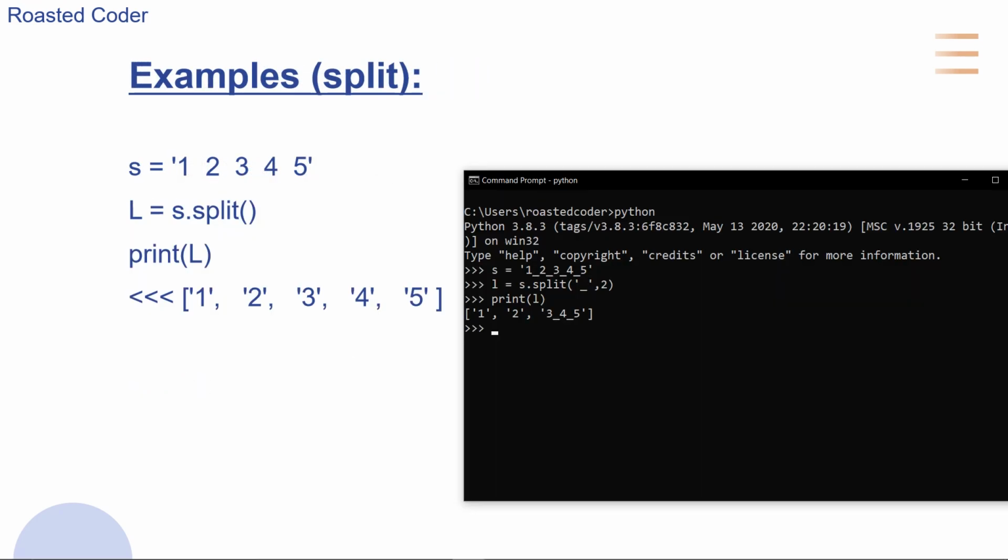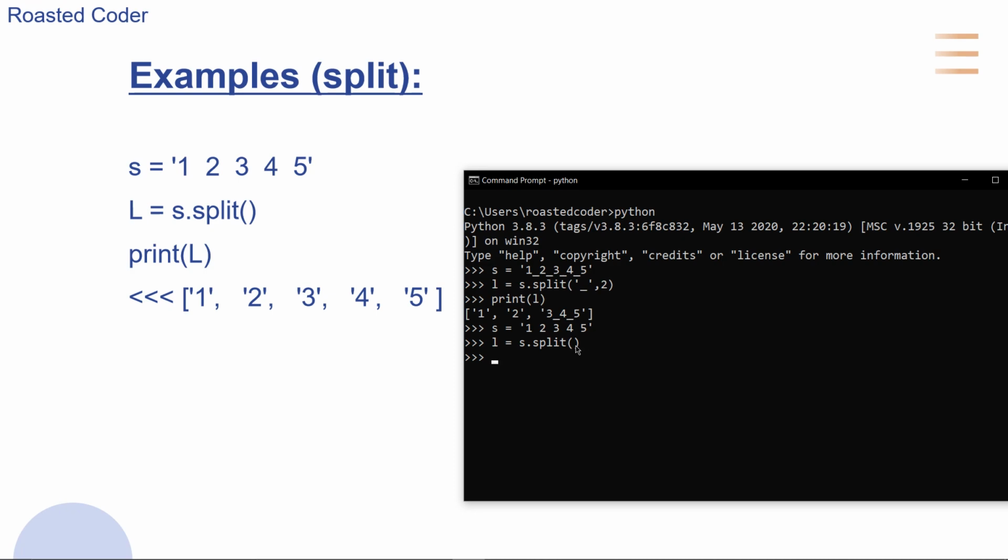Now let's say s equals 1 2 3 4 and 5, and now we have to split that string by space. We pass nothing, since by default it takes an empty space.